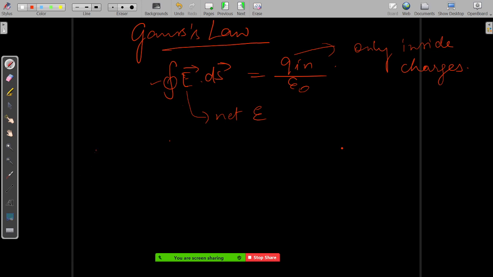Let's say we keep an electric conductor. This is an electric conductor, and we keep it inside an electric field. What we have to understand is a conductor is having a large number of free electrons. So the free electrons in the conductor will get forces from this side, and it is going to arrange itself on the left side in this figure.